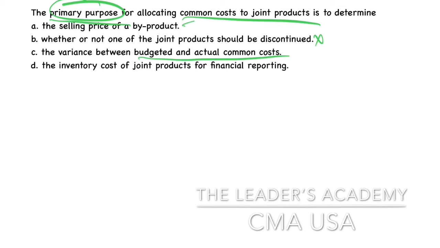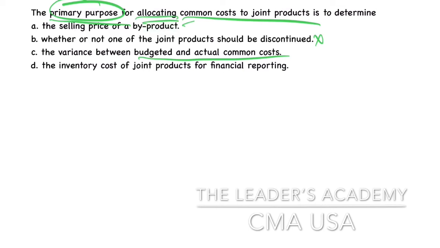Next, to find the variance between budgeted and actual common cost. I hope by now you have already studied standard cost variances from section C. What you observe in that is nowhere do they speak about joint product costing or byproduct costing, because it is nowhere related to standard costing. Got it? And one more thing you can notice here is that budgeted and actual common costs are there, right? So to find that, you need not allocate the cost. Just by taking the costs directly, you can find the variance. For that purpose, allocating is not necessarily important.